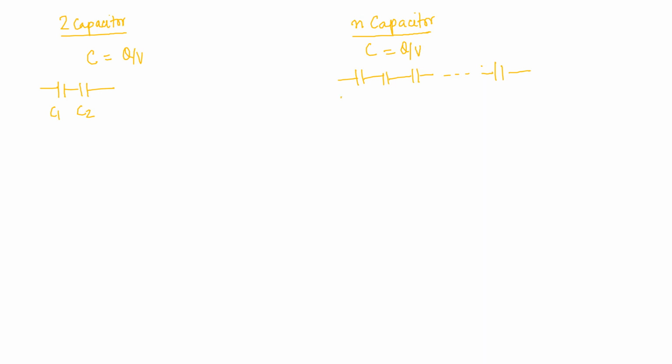This is C1, C2, C3 and Cn. Okay, now in this case charge will remain constant because these are series connections: charge constant and V variable. Similar over here, Q constant, V variable. So the variable V across this series combination is given as V of combination equals V1 plus